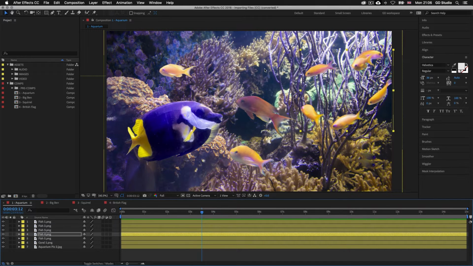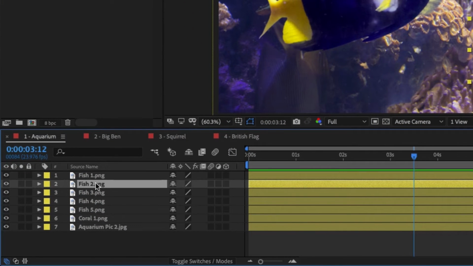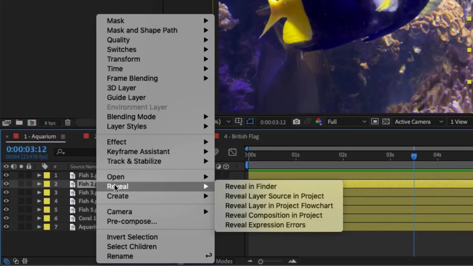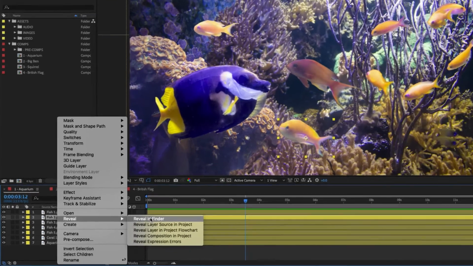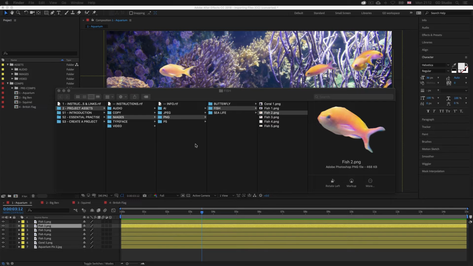So in After Effects, if I come down into the timeline panel, select one of the fish layers and put my mouse cursor over the fish layer, I'll right click, I can select an option called Reveal. If I scroll across and select Reveal in Finder, for PC I believe this is Reveal in Explorer, upon click we will see a folder appear showing which file the artwork is from and where it is located on the